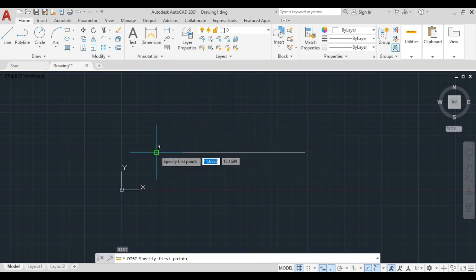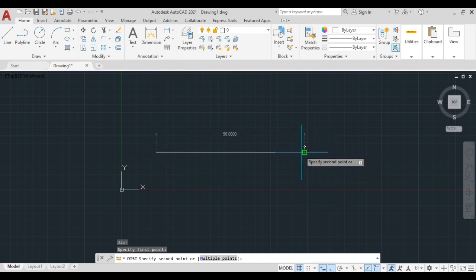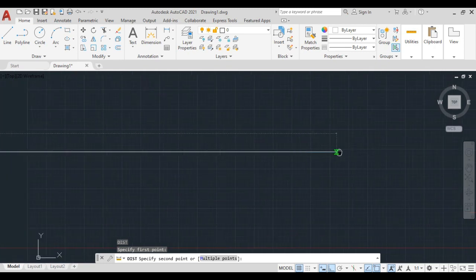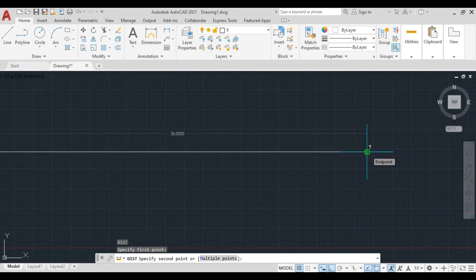Now click the first endpoint here and click the other endpoint here. Now you can see the exact dimension is 50.